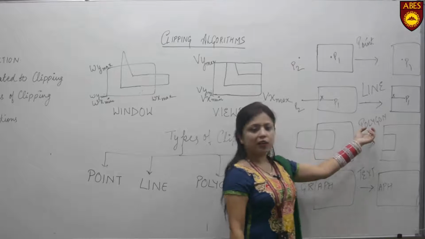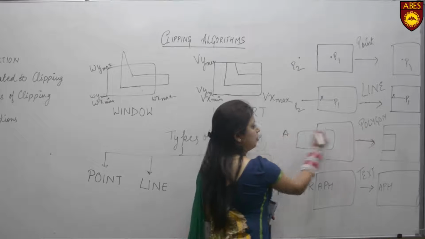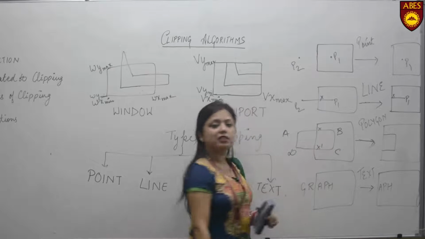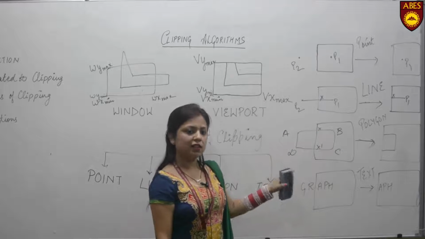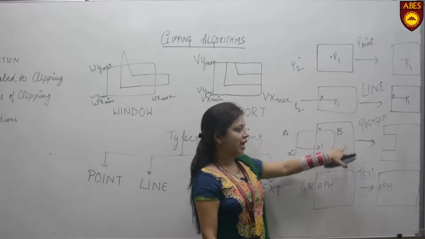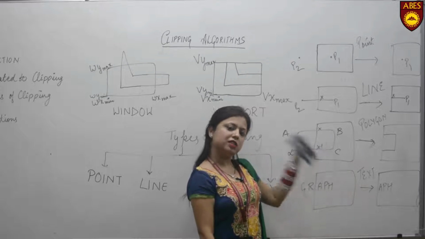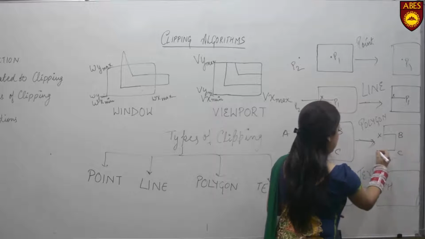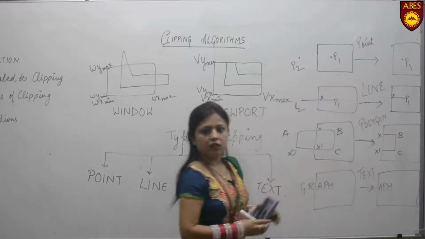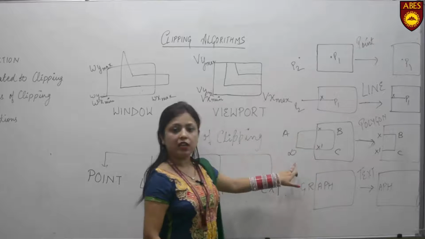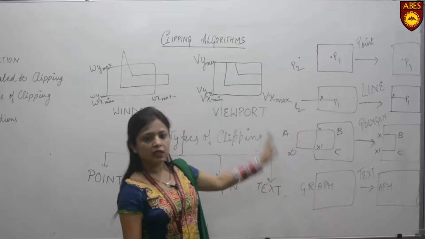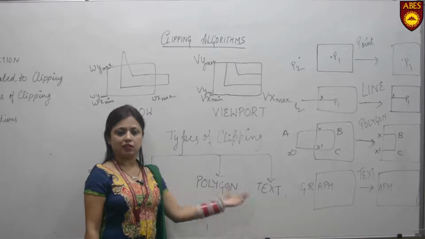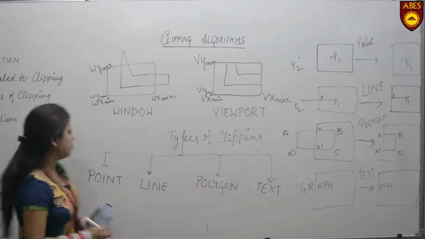So only XP1 was retained and XP2 was cropped out. Similarly, the third type of clipping was your polygon clipping. For example, you have a polygon named ABCD with the intersection points as X and X dash. What we see is only X, X dash, C and B. This particular area is inside the window boundary, so you will get only the output as X, B, C and X dash. The region A, X, X dash and D would be cropped out. So these were the 4 basic types of clipping, that were point, line, polygon and text. We will discuss one by one every type of clipping.